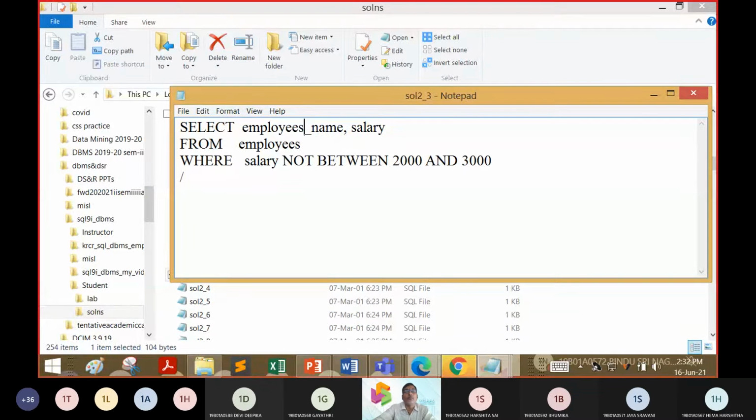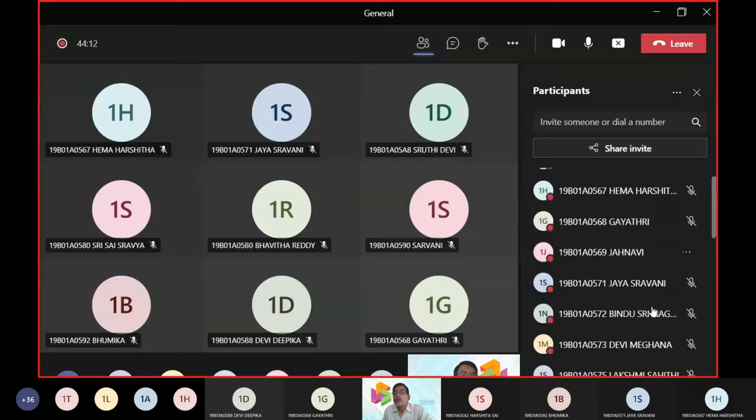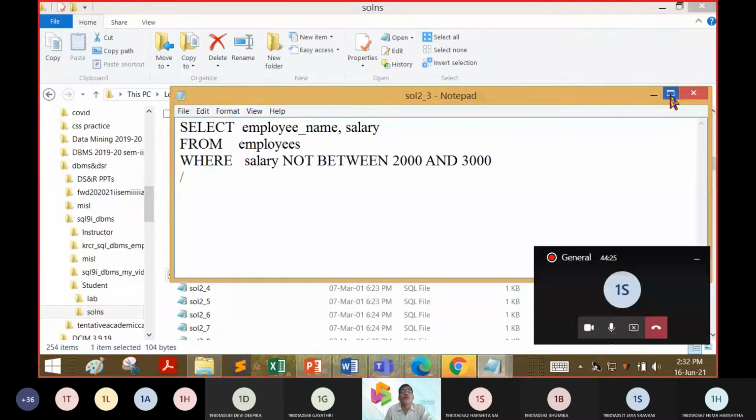Employees or employee name? Employee name. Yeah. Now, 71. 72. Yes, sir. Yeah. You can see the screen here.